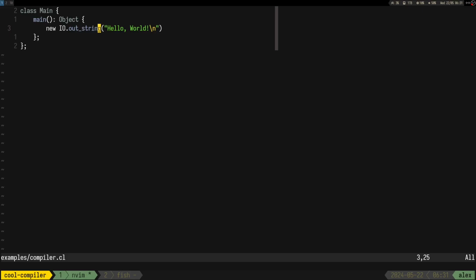So if I remember correctly, it should be something like text, let's call it, right? Text is gonna be a string, and it should be initialized with io.in_string.